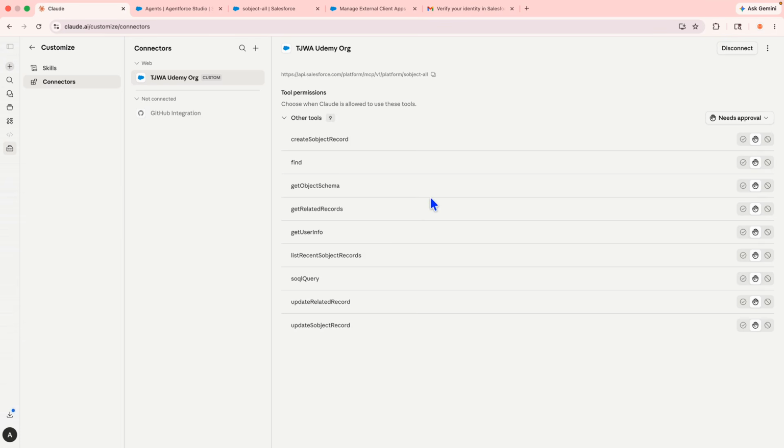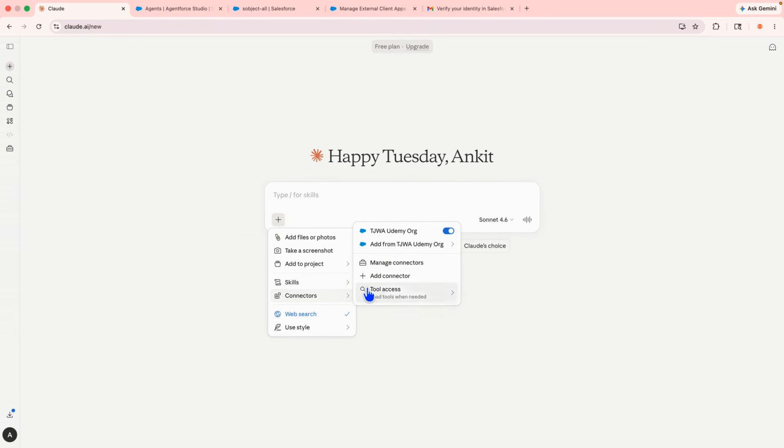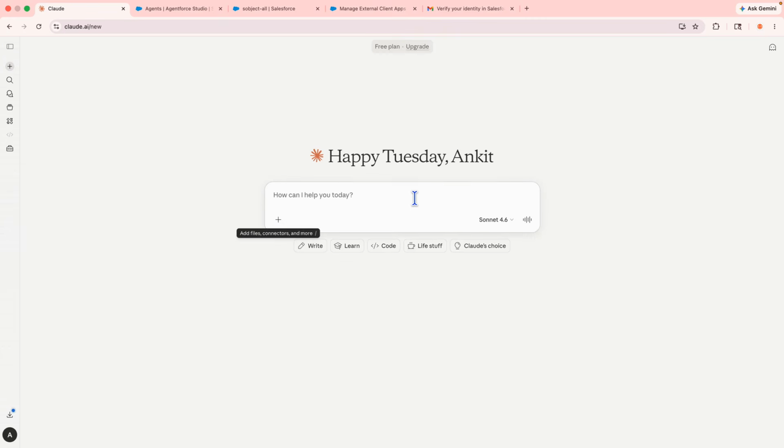Now, as we have configured the connectors, let's go and test whether it is working as expected or not. So here I'll be navigating to the new chat, and here I'll be clicking on the plus button, and from here I will be selecting my TJWA Udemy org, based on which I want to run the query. So here I'll be putting my prompt: can you please fetch all my